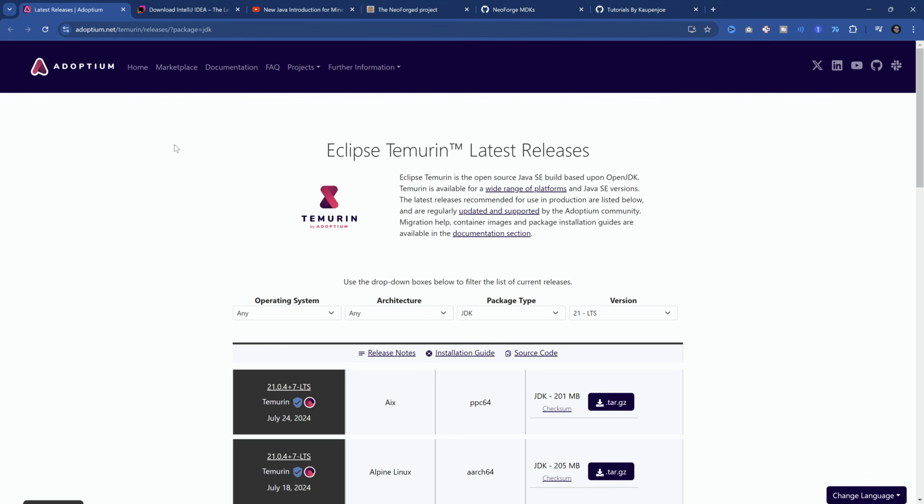Alright, we find ourselves back once again, this time with NeoForge. And for 1.21, it's going to be a wild ride once again when it comes to modding. And this time, of course, we're using NeoForge in this particular tutorial series. And as always, we're going to start at the very beginning.